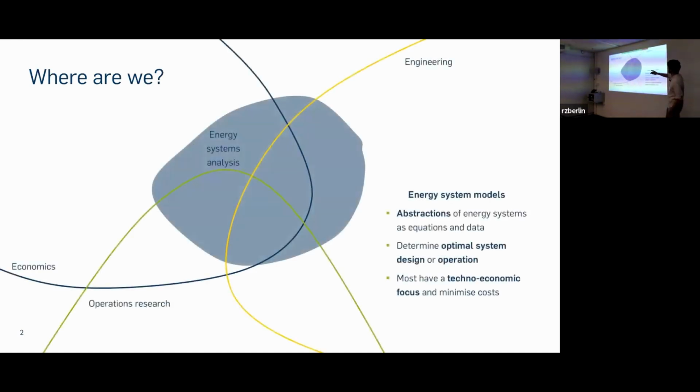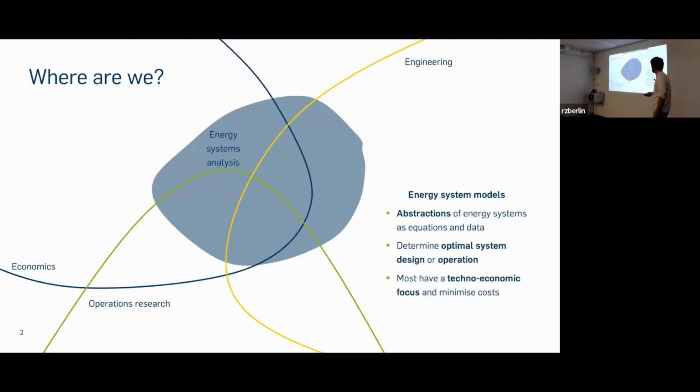What most of you probably know, energy systems analysis is somewhere in between engineering and economics and operations research. And the main tool used there are energy system models. And these are abstractions of energy systems in the form of equations and data. And they typically optimize the operation or design of energy systems, mostly with a techno-economic focus. So the most commonly used approach is to minimize the overall cost of the system subject to some rather technical